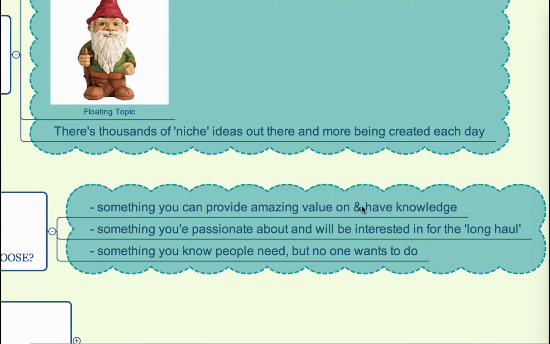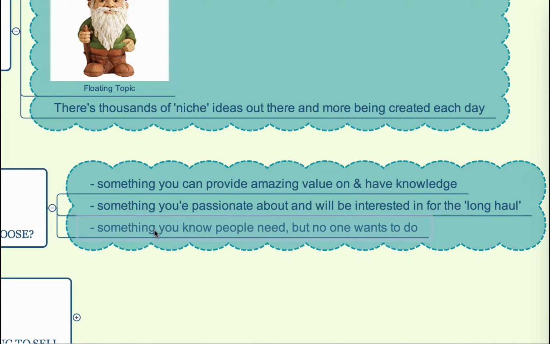So I really suggest, even if you don't think you have any knowledge or special value on anything, chances are you probably do, whether it's parenting or knowledge on dieting or exercise or CrossFit, something even within the CrossFit niche. Chances are there's something, but if you're sitting down and there's nothing that you can provide value on, then at least pick something that you're interested in learning about for the long term, so you can go out there and provide great value and content and products.